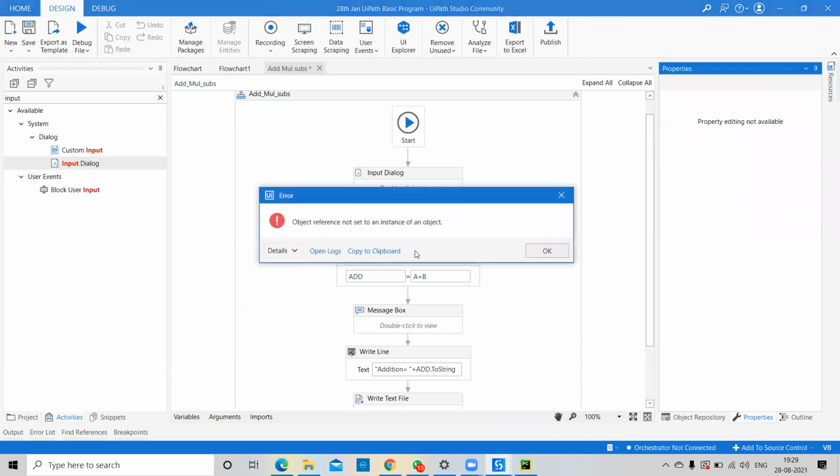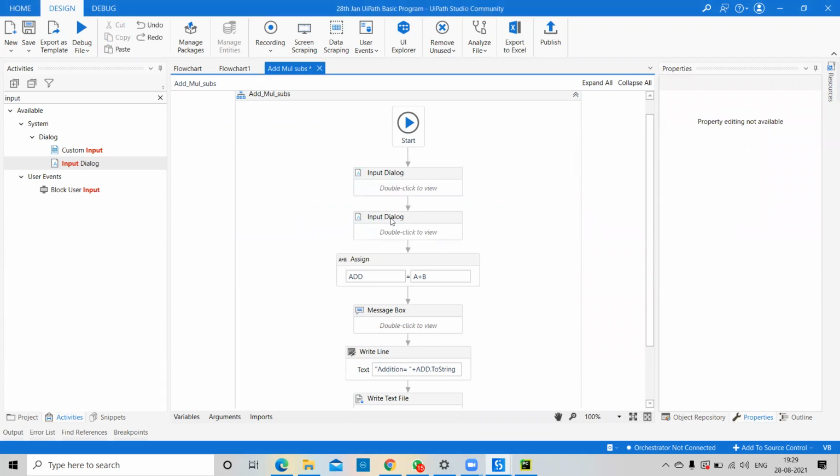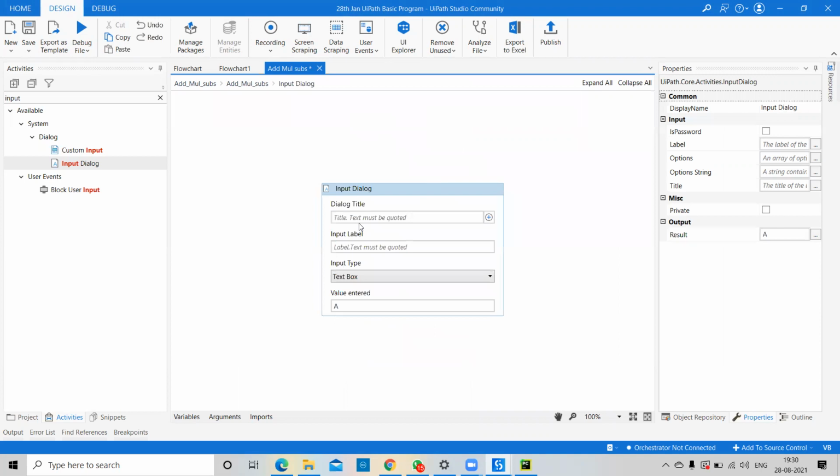So what will happen? It will take the data from this part and you can pass the data and go on. The input dialog box is blank by default, but if you are working on any project, depending on your requirement, you can pass the data like that. The input dialog box asks for the dialog title and your input label. I can pass guessing game, anything we can pass. So here I am passing guessing game. Please provide first number.